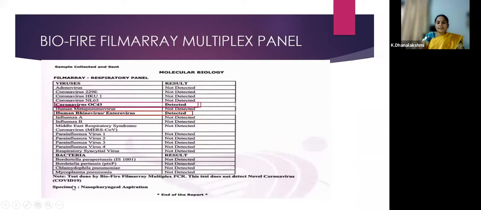This test is done by the BioFire FilmArray. This is a multiplex PCR platform, and this is the company name. So this is how we can differentiate what it is. Based on this, it mainly helps in isolation. If it is an RSV, we have to isolate the child. The other thing is, if the child is deteriorating, there is no point in continuing to escalate the antibiotics. So this is the main use of this BioFire respiratory FilmArray.